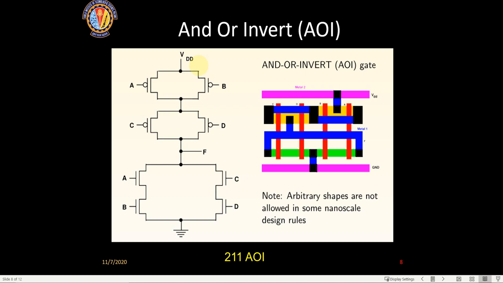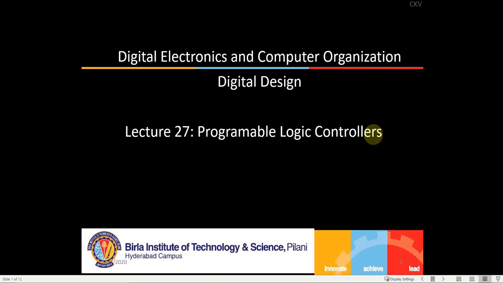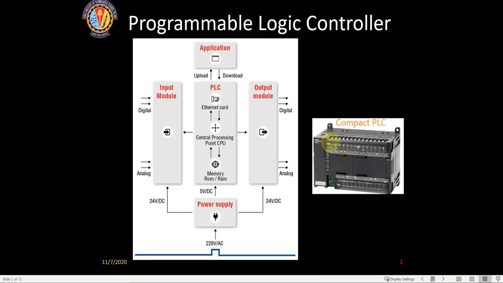A typical example I would say: a big generator which is running. It will sense whether the output load current is beyond a certain level. There could be one sensor sensing that it is going beyond this level, so it will give one input. It could give an input about the frequency. So if I go back to this PLC, these are all the inputs. One input could be the frequency of the generator.